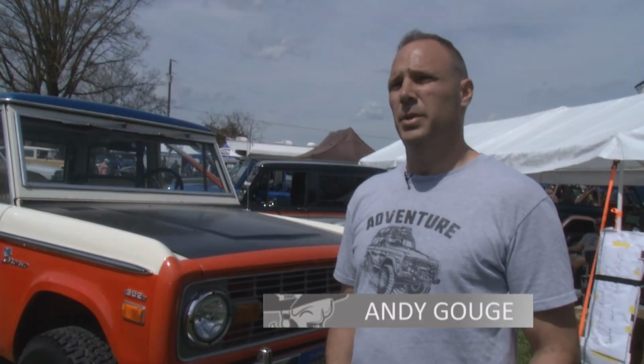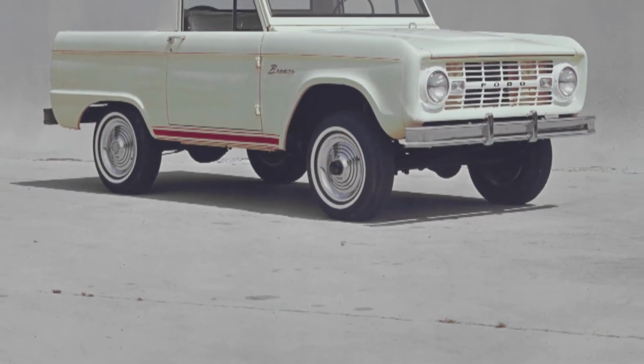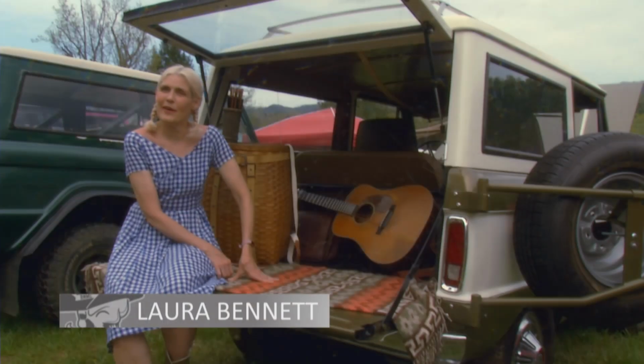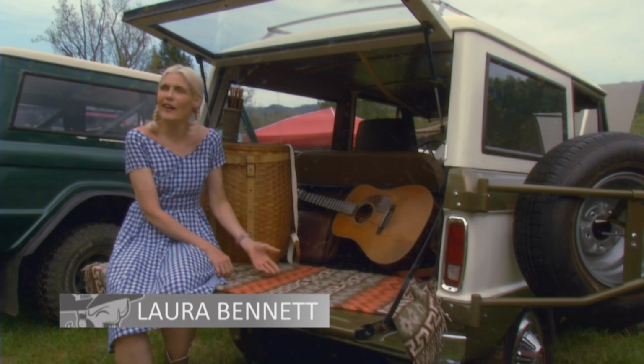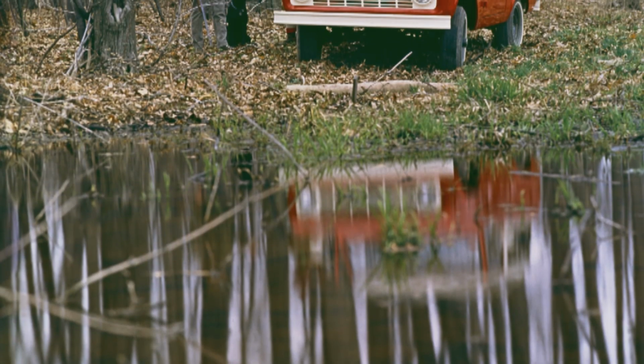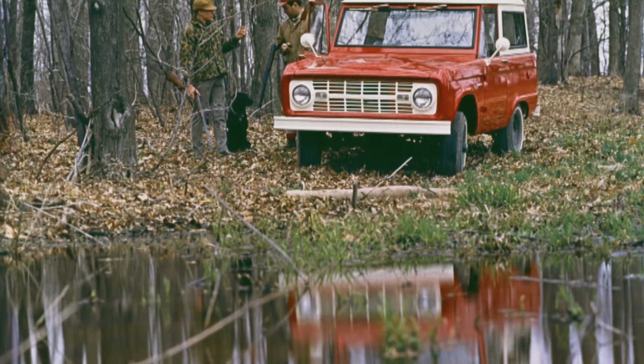When the Bronco came into play, it was popular right off the bat in '66. I think the design was basically like a 1962 Ford pickup, just shortened up. Basically, a very simple vehicle. I don't know what it is about the Bronco. It's like the best of a car and a truck. It really was ahead of its time because of the wheelbase and maneuverability. You get it through the woods, go hunting with it, go camping with it, and that's really how the SUV